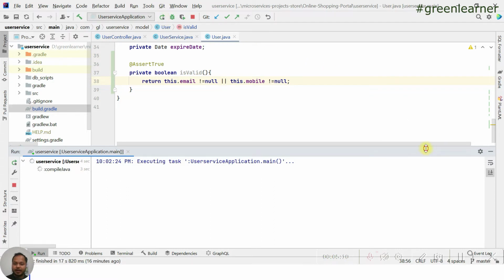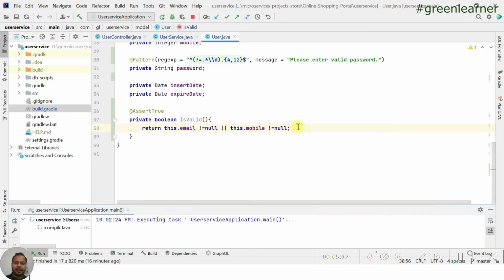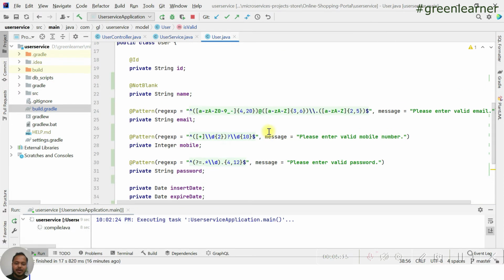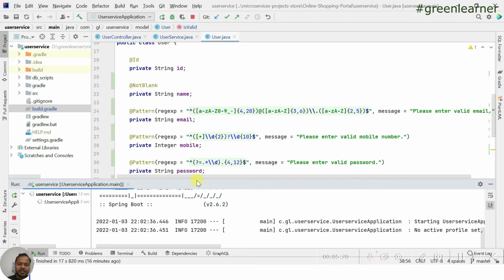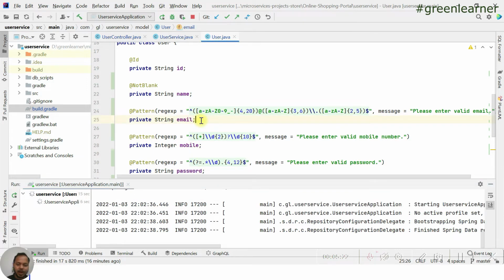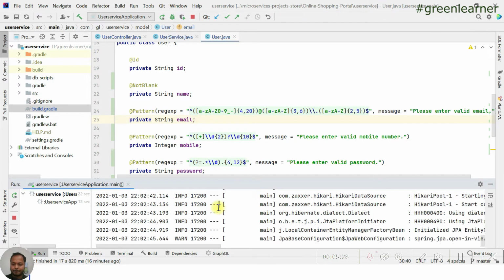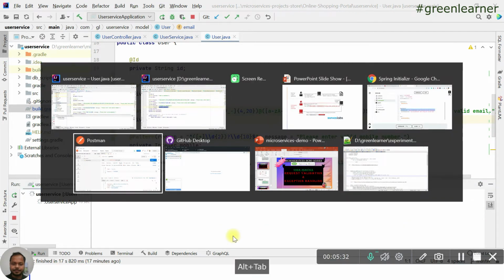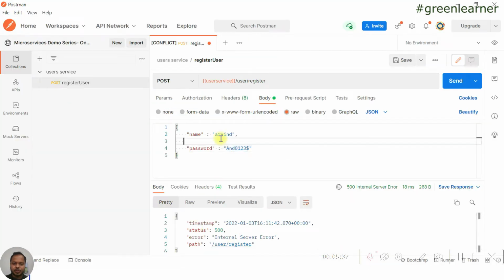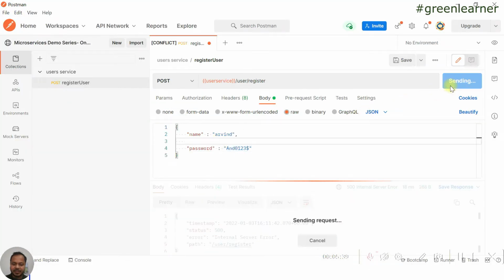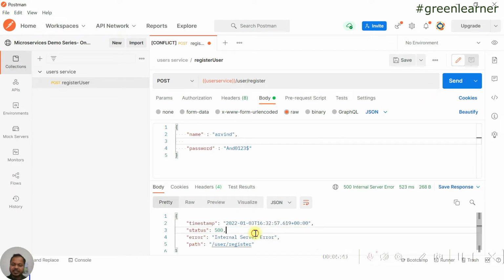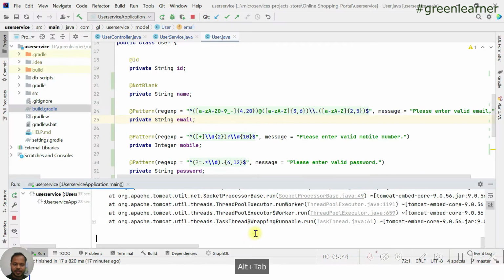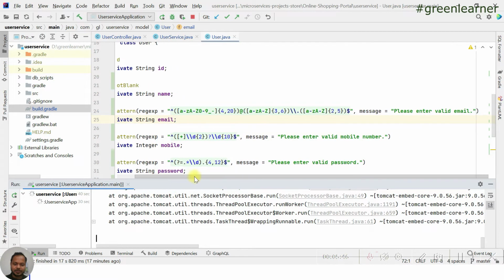So this part, mostly request data validation, we are done here. Let me show you what message it is giving us at that point. Then we can move on to the exception handling, how to pass the proper message. Okay, application started. Come to Postman. Now if I send this request here, again it is giving me the 500 error. That is fine, but let's see what kind of exception it is giving us.